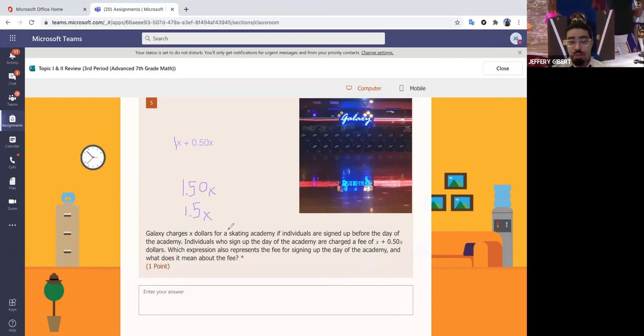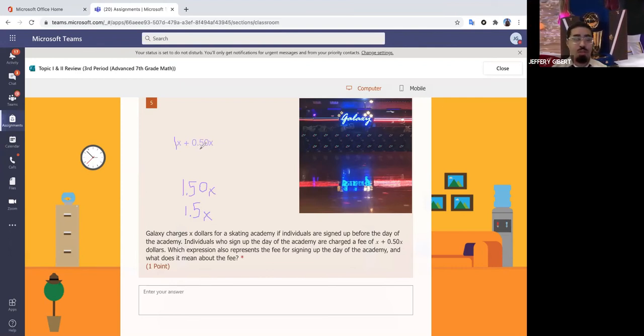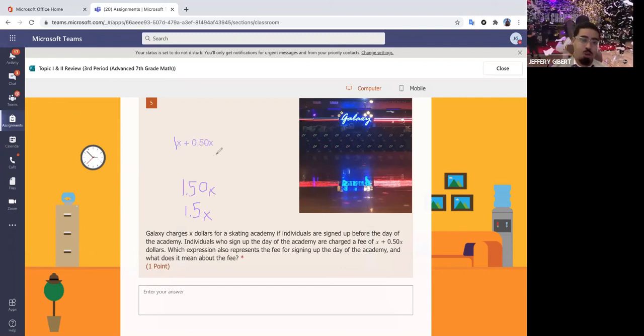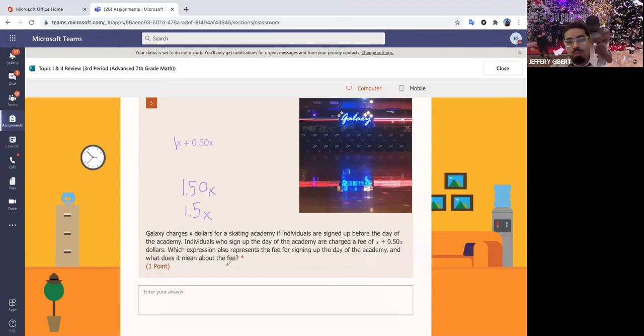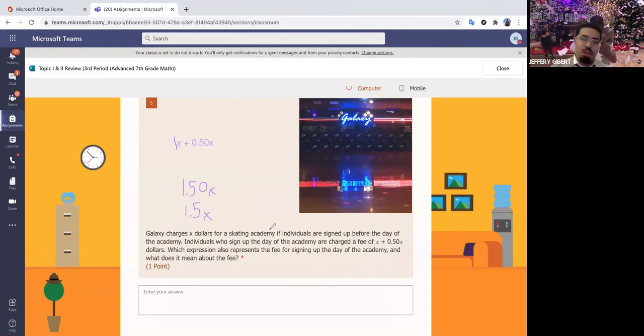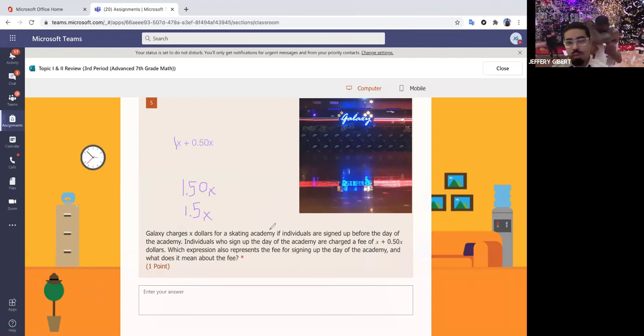So that's the expression. That was the easy part. All you have to do is 1 plus whatever this decimal is. Since it happens to be 0.50, 1 plus 0.50. Then it says, what does it mean? That means you have to pay 50% extra. You just convert this